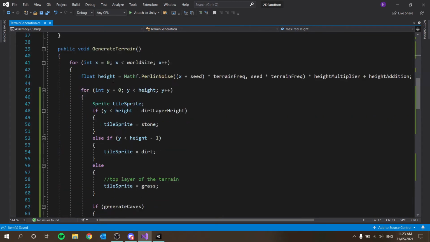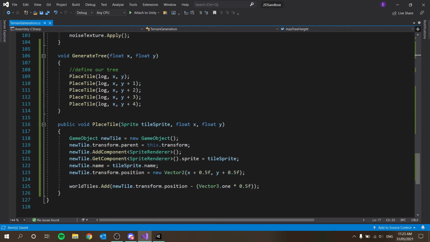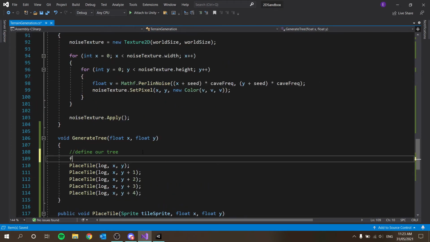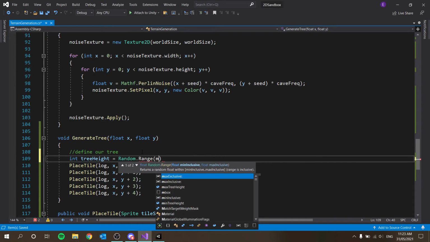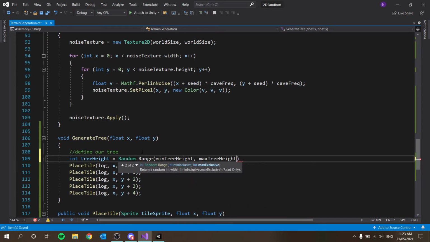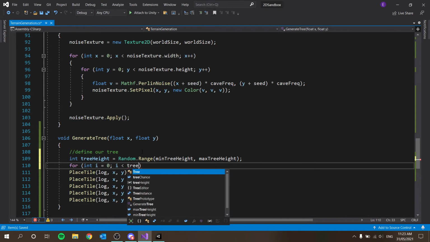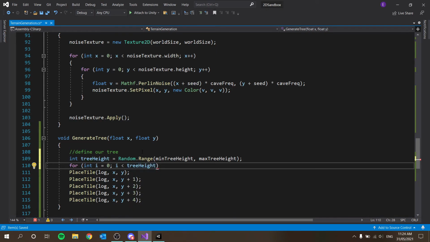Yeah. All right, we'll keep it like that for now. We can always change that in the inspector anyway, so that's fine. Where I'm going here, we want to say int tree height equals random dot range between min tree height and max tree height, and then we want to say for int i equals 0, i less than or equal to tree height, i plus plus,